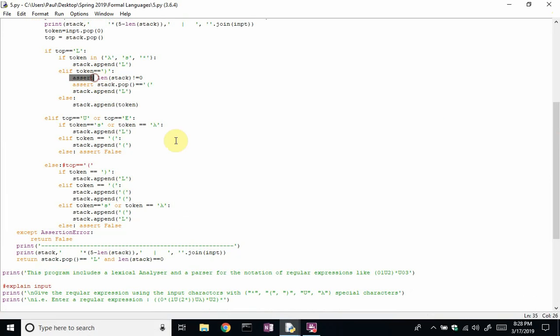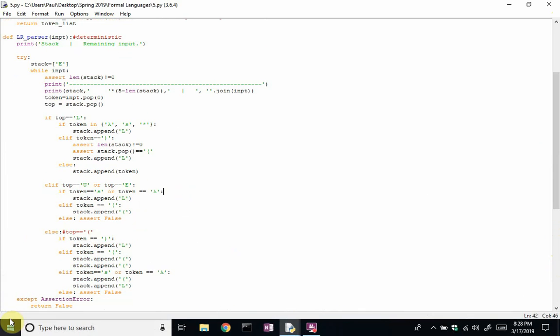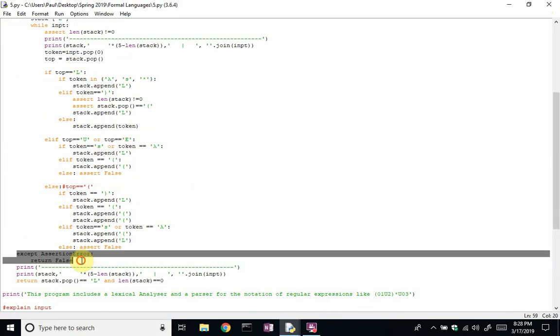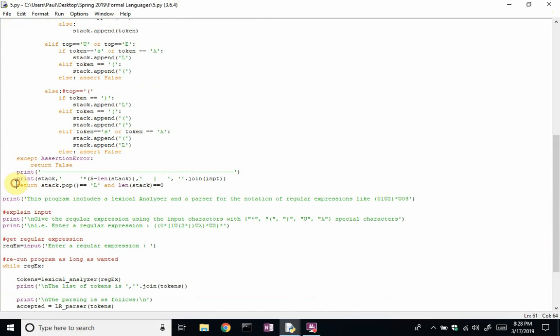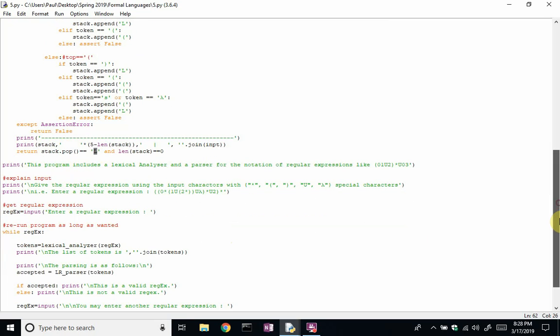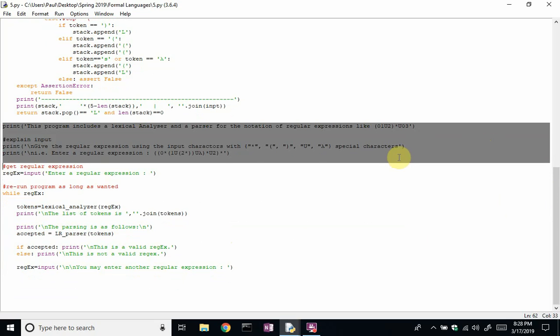And I just use assertions in here. In this try block, if there's an assertion error, we return false. Here I just print the value of the stack and remaining input again, and then return whether there was just one L for a valid language on the stack, and that after removing that one, the length is 0. So here, print statements explaining the program,